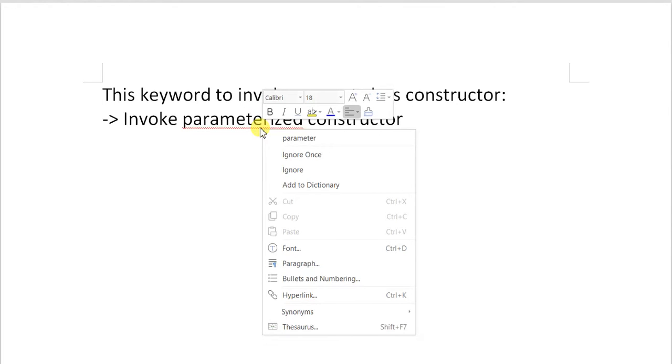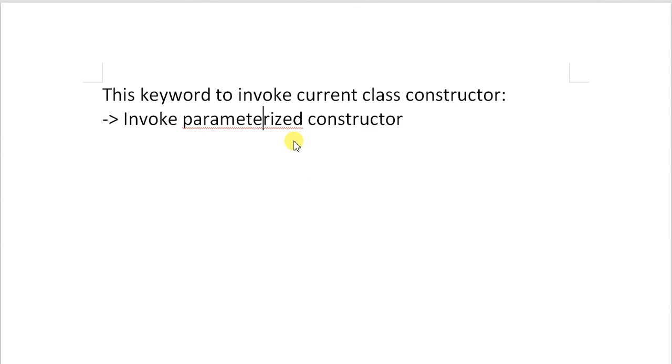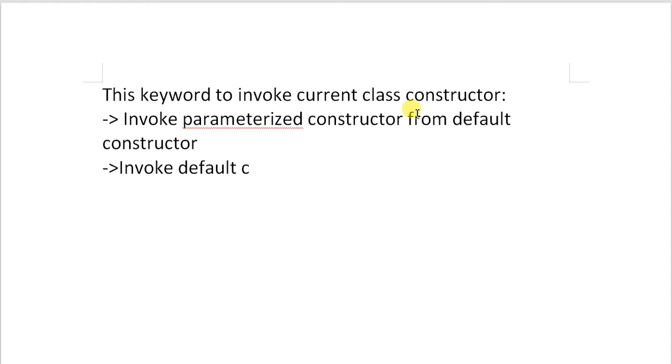And we can even invoke the default constructor from the parameterized constructor.